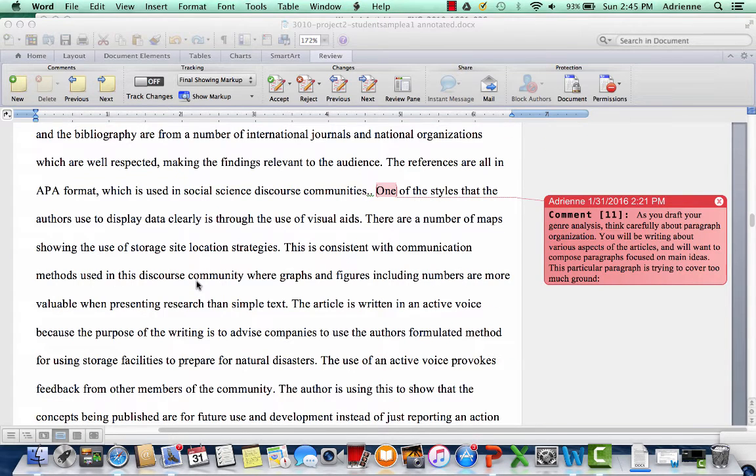As you draft your genre analysis, I want you to make sure that you think carefully about paragraph organization. Again, because there are so many things that you might be identifying, you need to think about composing paragraphs that are focused on main ideas. This particular paragraph is covering a lot of ground.